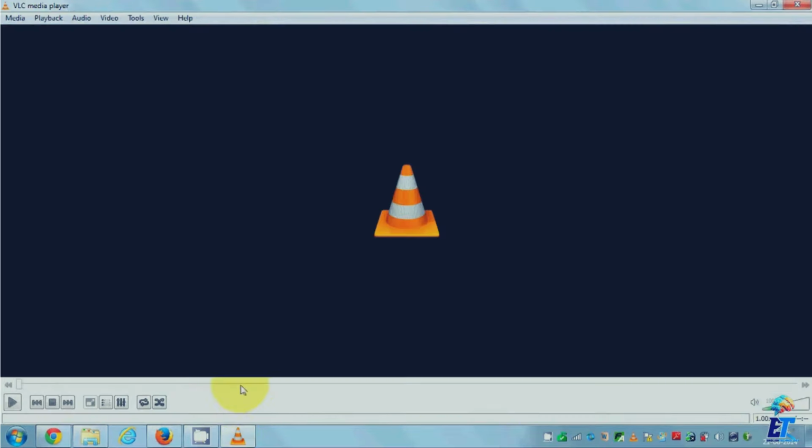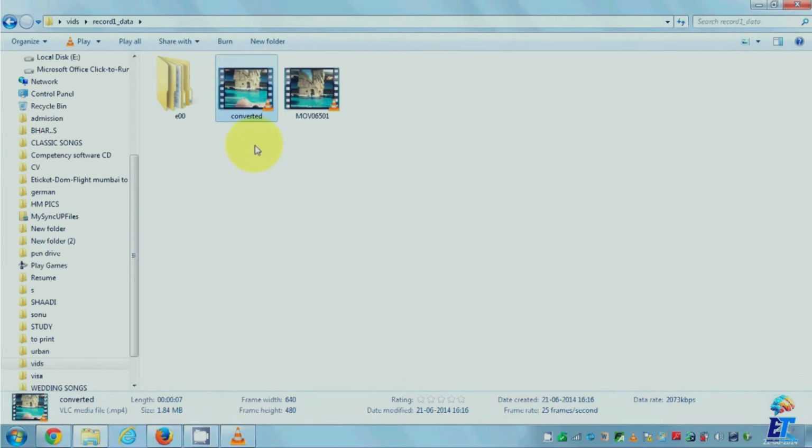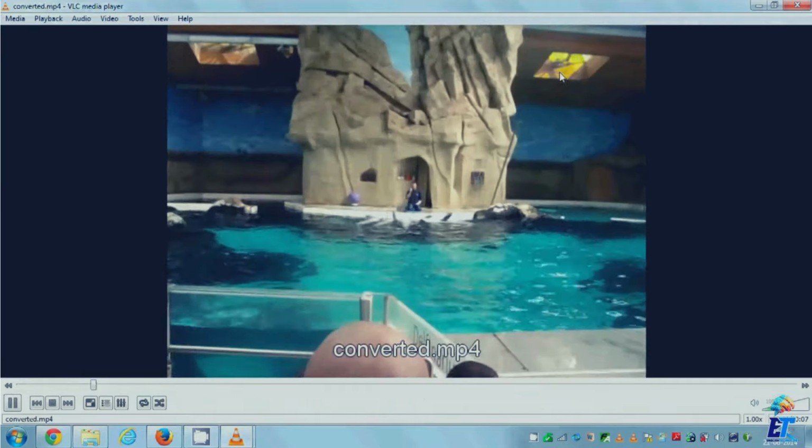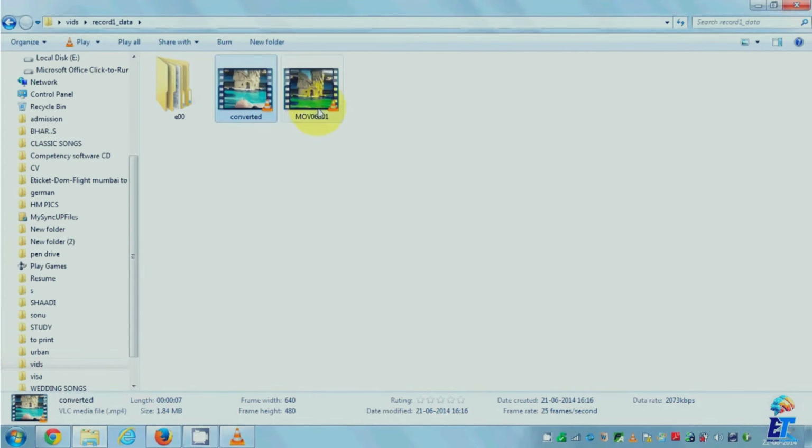Once the process is complete, you can go to the destination wherever you have saved your video. This is my converted video, and I can open this video from here. So this video I have converted: this is an MPG file and I have converted it to an MP4 file. In this way you can convert any video file format to another video file format